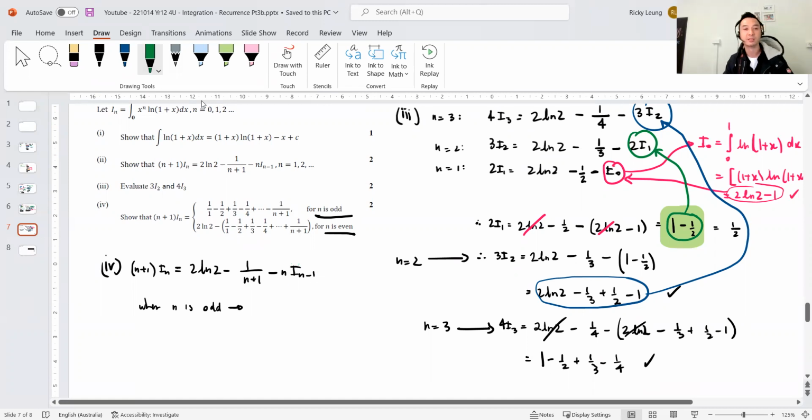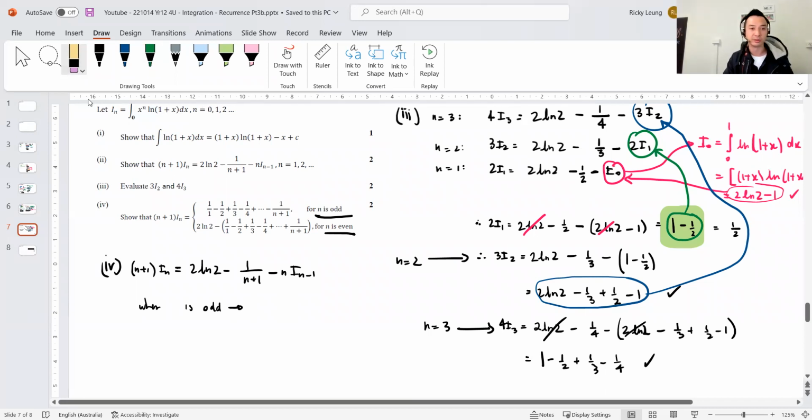So let's see. When n is odd, what's the lowest number it can be? In this case, the lowest number it can be odd is n equals 1. Is that right? Let me just check. Yeah, so the last term,